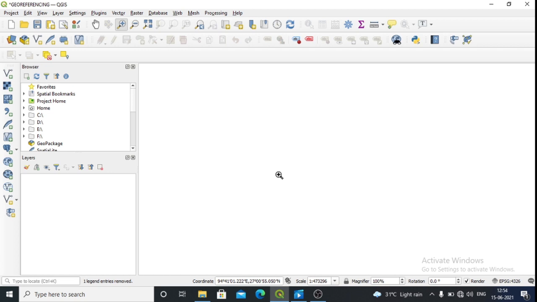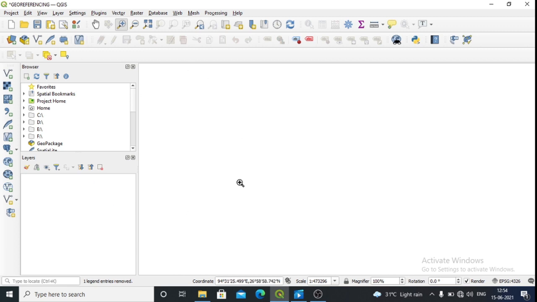Okay, that is map digitization, and for this particular purpose we need to prepare three important features, that is point, line, and polygon. With the help of these three features, point, line, and polygon, we can completely prepare a map which is digitized. In this class, I'll be teaching how to prepare the polygon feature, that is the area, how we can polygonize an area. In the next class I'll be dealing with the creation of point and line features.